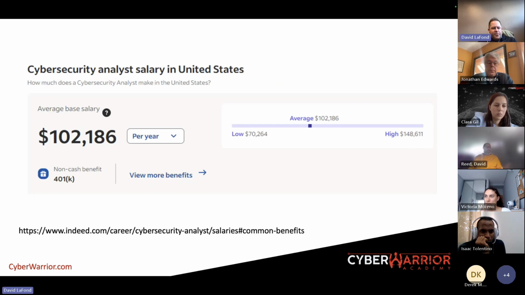What is the general salary? Well, for someone in cybersecurity, it depends obviously on the company you're working for, your level of skill, your responsibilities, things of that nature. We're talking about maybe $100,000 as an average annual salary, somewhere between a low of 70,000 and a high of 150,000, which makes a lot of sense for what a cybersecurity analyst might be making as a salary in the United States. And this information was gathered from Indeed.